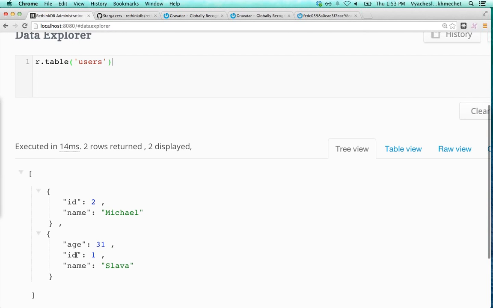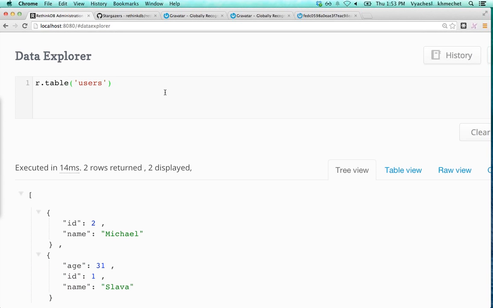Let's see, so my document for Slava has ID 1. It's right here. And let's say I'd like to update this document and insert my avatar into the document. So later, if I build an application, I can show this icon to people in the web browser. So to insert the avatar, I'm going to say .update, and .update is just a command that lets you update